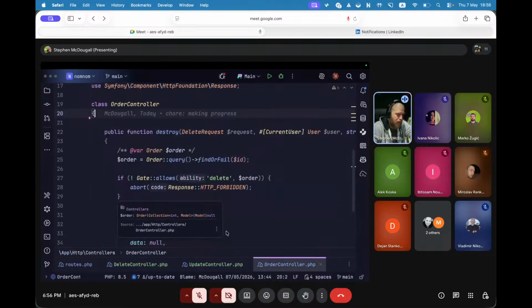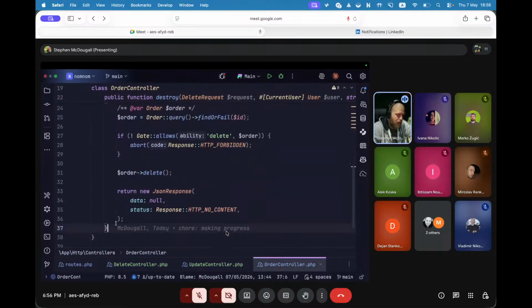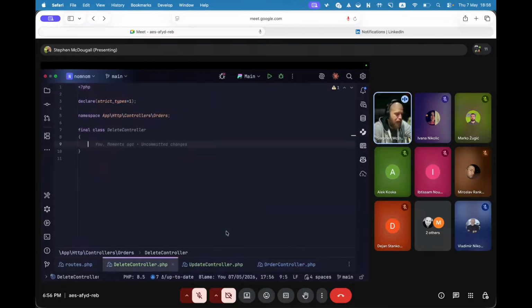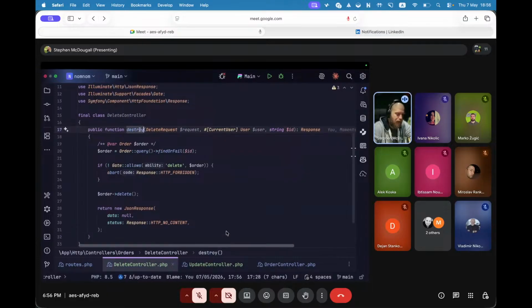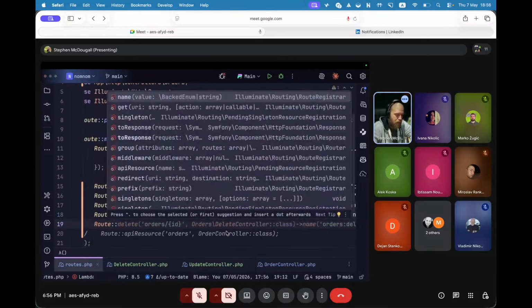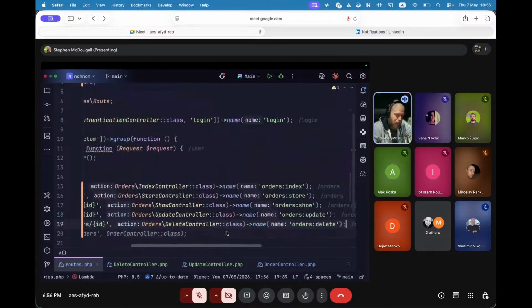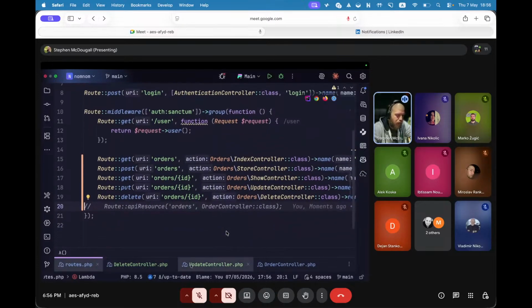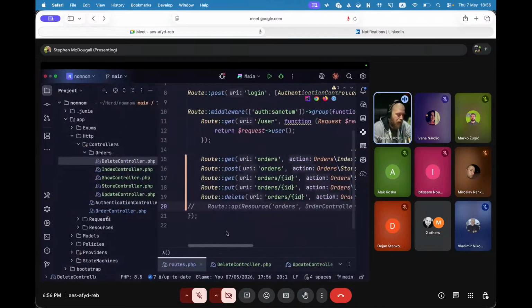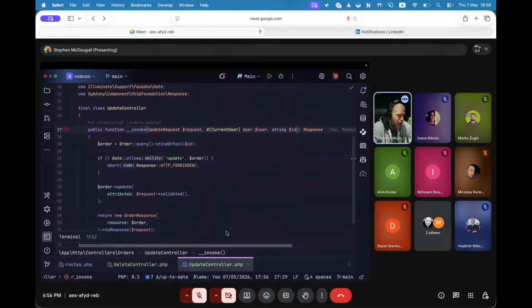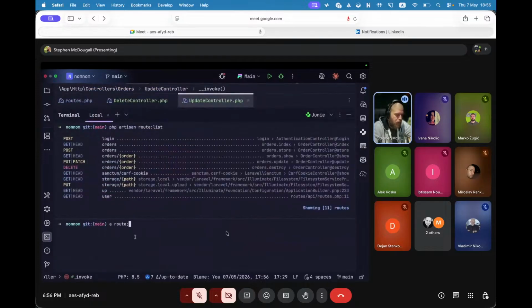So let's just delete that, and we'll grab this and drop this in here, make this invocable, come back over to here, and root. Oh, it knows what I want it to do. Perfect. Thank you, JetBrains. So far, we've really not done much. So I can go to this controller and I can say, no thanks, don't need you. And if I come back and do a root list,